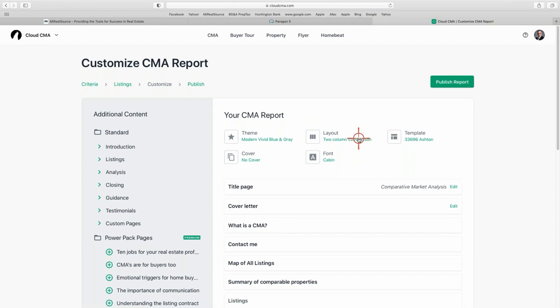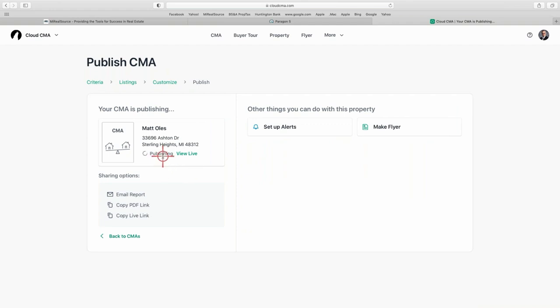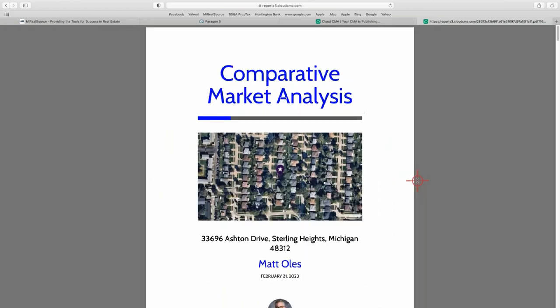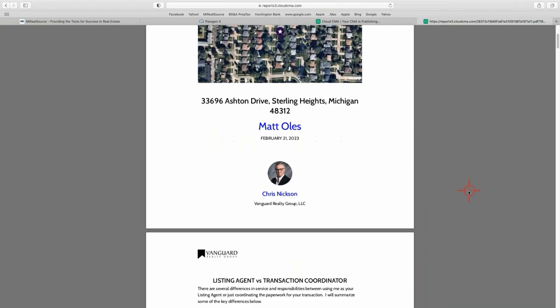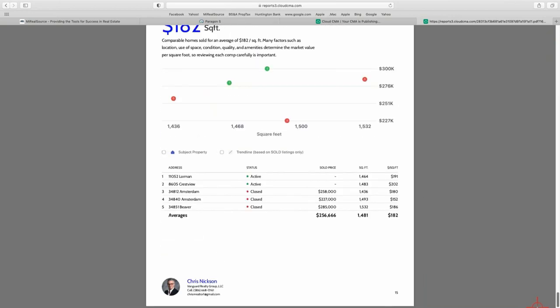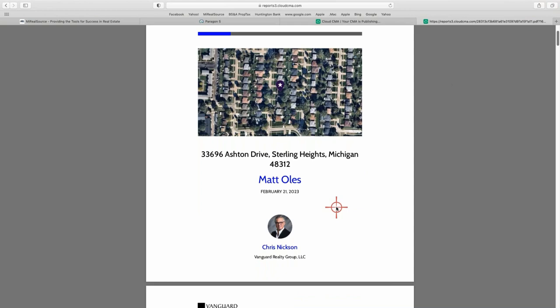Here's a 2-column comparison. We're going to publish this report. We went from 38 pages. Let's see what it shows with the 2-column comparison. As soon as it loads up, there you go, to view the PDF. Let me shrink it down some. The first thing you're going to see for the 2-column comparison is, let's go down to the bottom. You're at 15 pages, all right? But